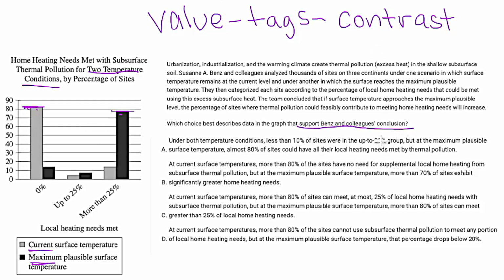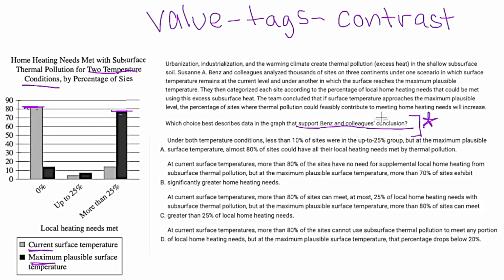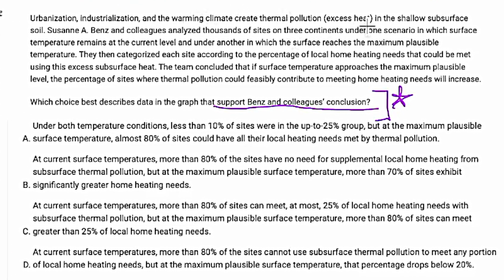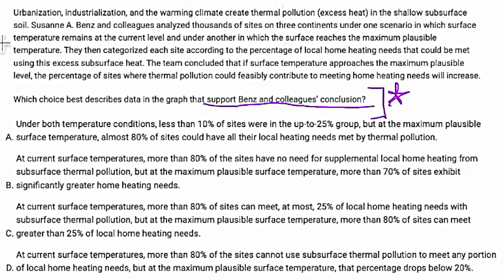So as I'm reading through this passage, my ears are going to perk when I see something about a conclusion. Urbanization, industrialization, and the warming climate create thermal pollution in the shallow subsurface soil. Suzanne A. Benz and colleagues analyzed thousands of sites on 3 continents under one scenario in which surface temperature remains at the current level and under another in which the surface reaches the maximum plausible temperature. They then categorized each site according to the percentage of local home heating needs that could be met using this